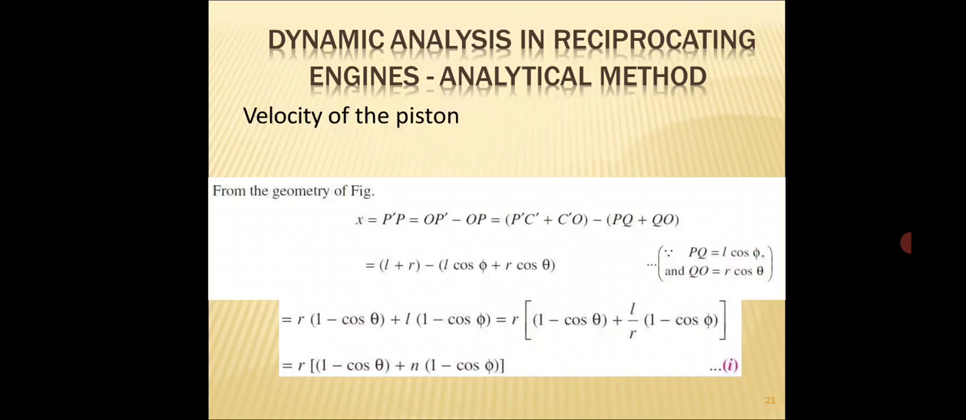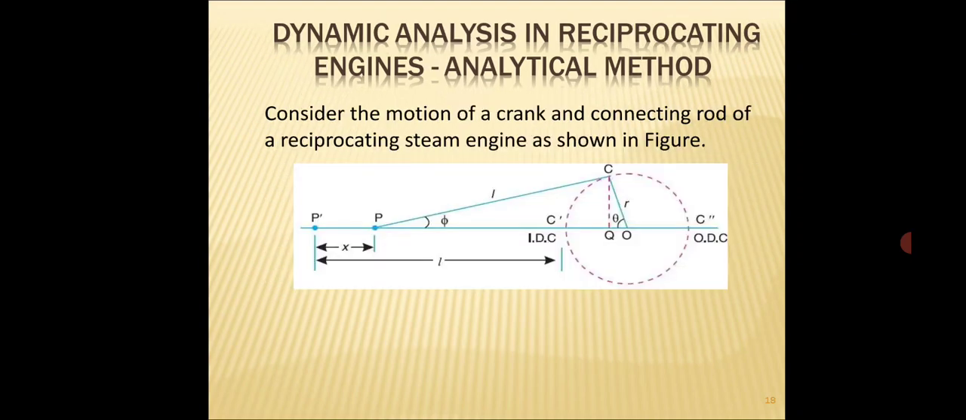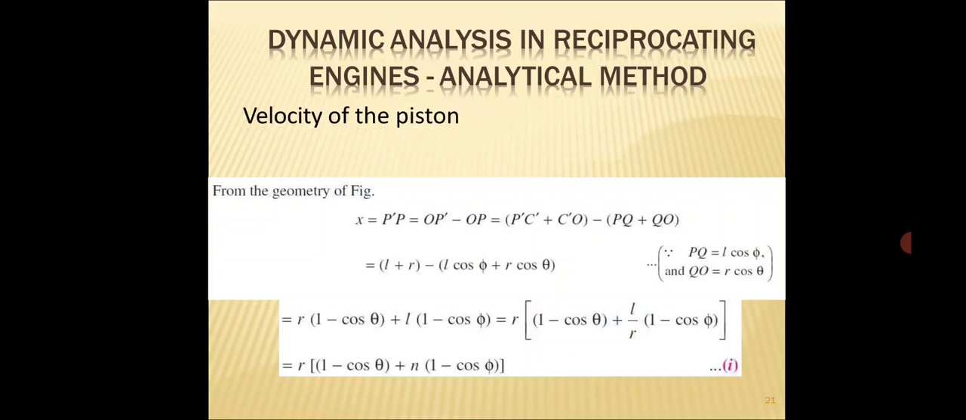So what is that displacement? X is P dash and P. So P to P dash is the displacement, or it is called OP dash minus OP. Then it can be rewritten as P dash C dash plus C dash O minus PQ plus QO. Since PQ is L cos phi and QO is R cos theta,